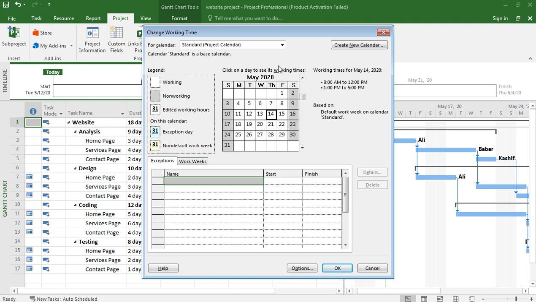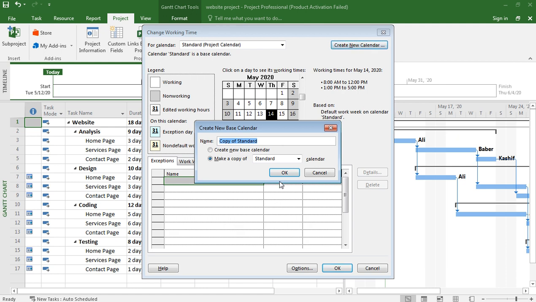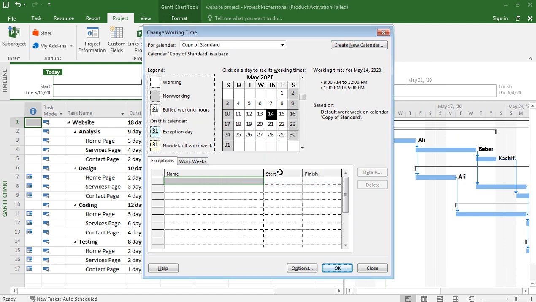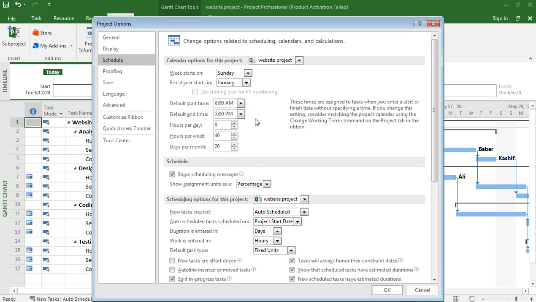You can make this calendar first. So the first task, we have not used it, but the first task is make the calendar first, set all the dates, and then add the tasks. First use this calendar, create new calendar here, copy of calendar, and then just use options.